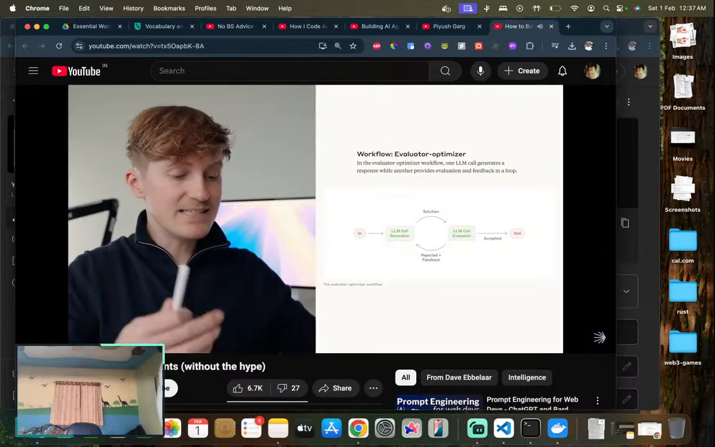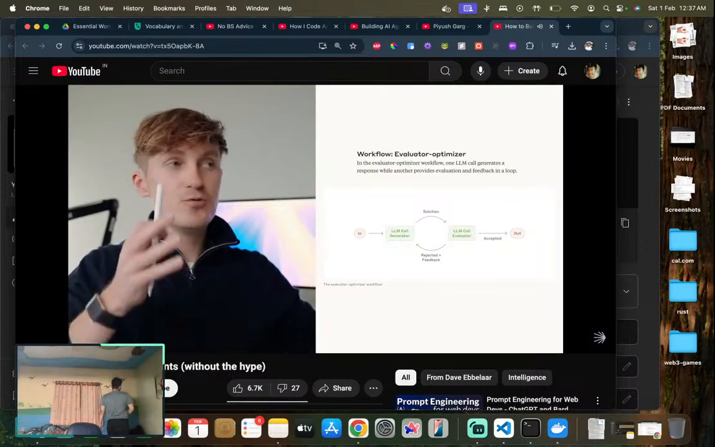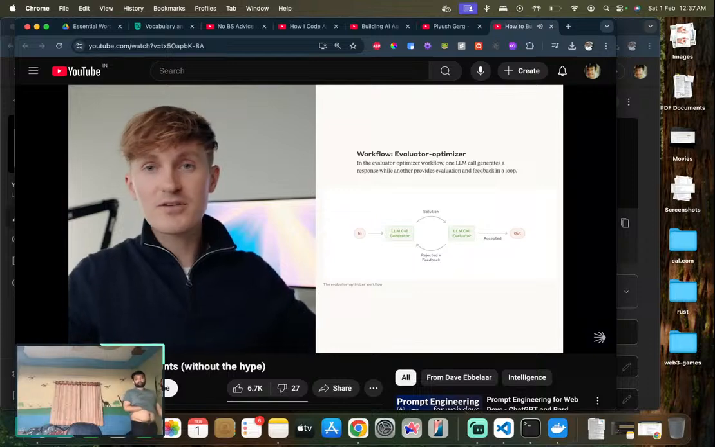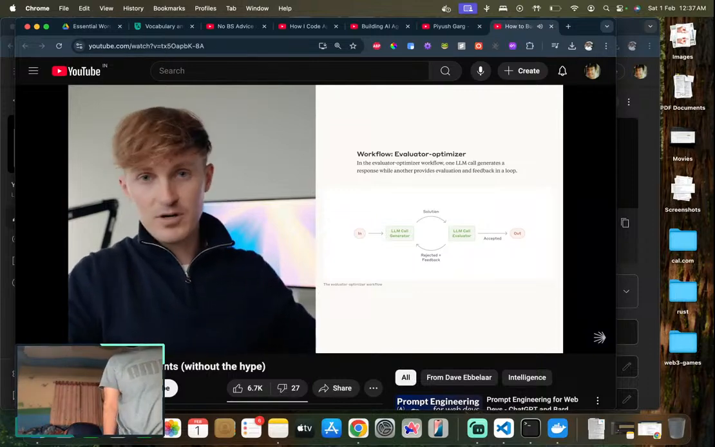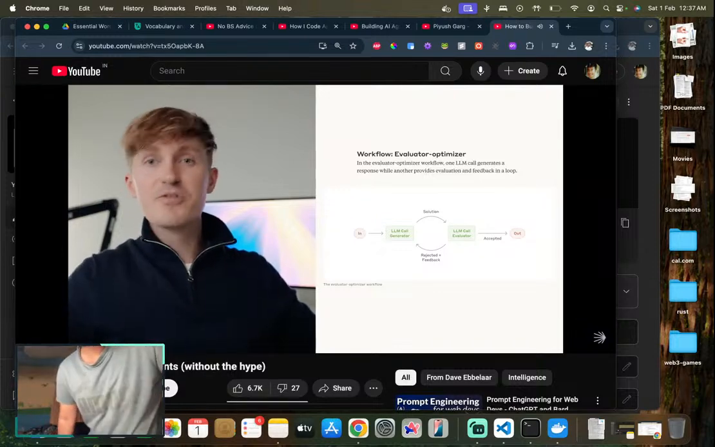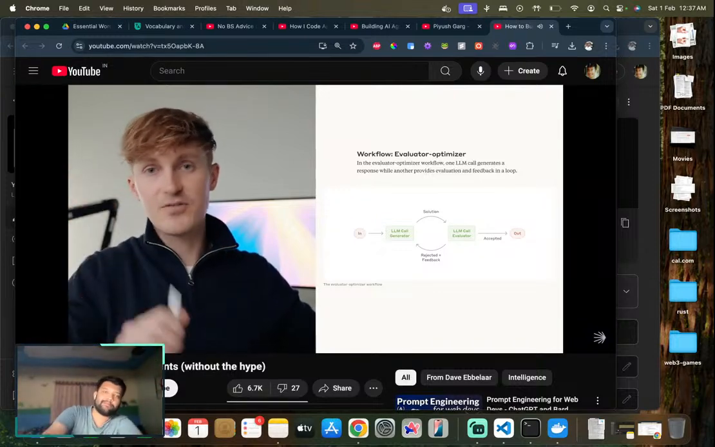All right, and then the last workflow pattern is the evaluator optimizer. This is simply where you let an LLM create an output and then feed that into another LLM call to review it and give feedback, and then pass that to another LLM to improve it. So you could say, write a blog post. You have the blog post. Then you have another prompt that says, critically review this blog post and make sure it adheres to X, Y, Z, a whole list of things that you would like to have there. Then